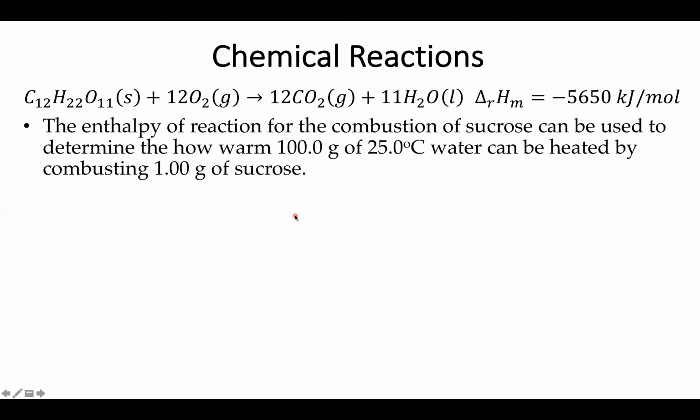So let's go ahead and see how we can use our enthalpies of reaction. So let's go ahead and say that I want to warm up some water by combusting some sucrose. So it turns out you actually can set table sugar on fire. So I want to figure out how warm I can heat 100 grams or 100 milliliters of 25 degrees Celsius water just by combusting 1 gram of sucrose. So again, this is pretty much about a teaspoon of sugar. So if we go ahead and do this reaction,